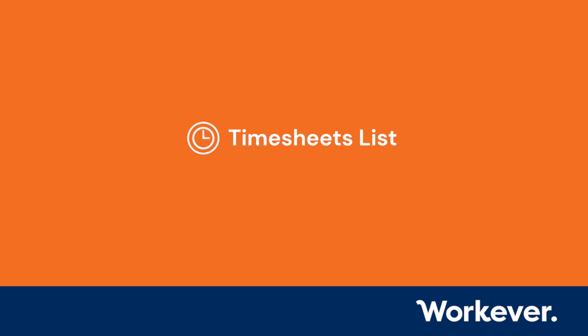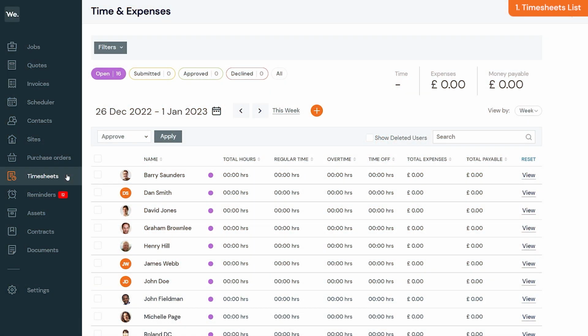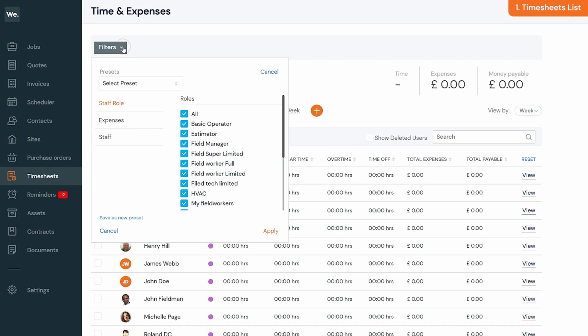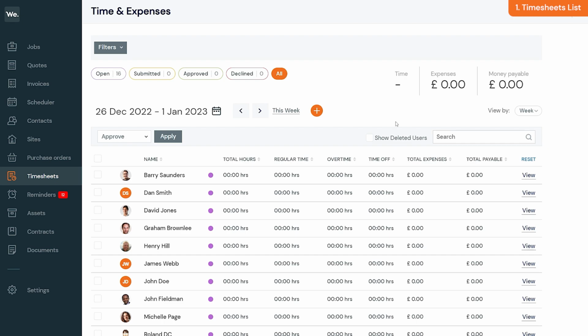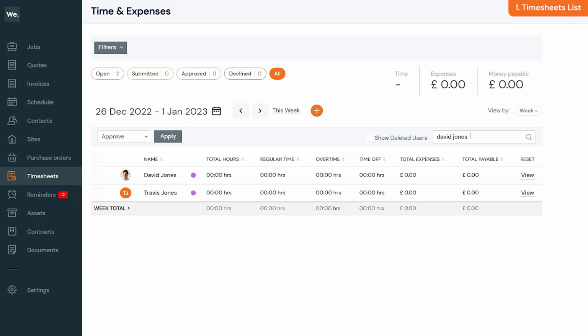Timesheets list. To go to Timesheets, click Timesheets in the left menu. You will then see a list of your staff members, as well as your timesheet statuses, which can be clicked for easy filtering. You also have advanced filtering here, which allows you to filter by particular field workers, or by staff role, as well as a keyword search here, which is useful if you need to search for a particular